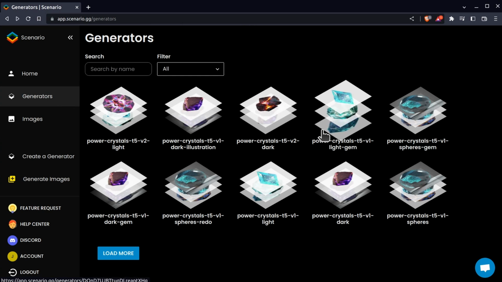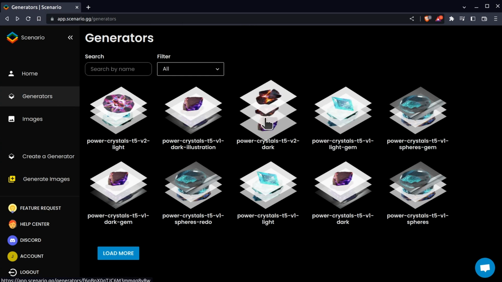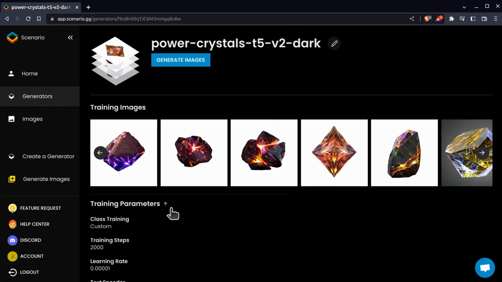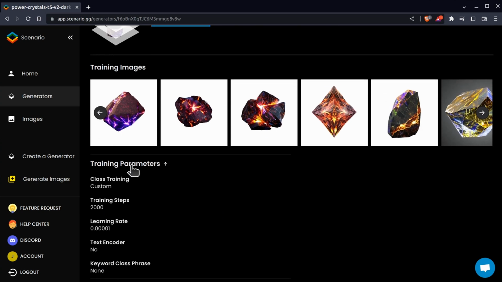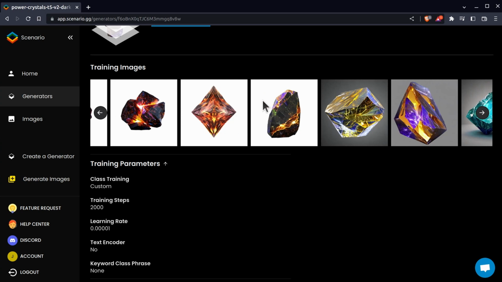After using those gem pre-training classes, I then created one with the dark crystals that used a custom training class. And for that one, I used the same training set. I actually created a new generator because there was a little bit of an issue trying to copy the previous generator and then just switch that from a preset to a custom. I'm sure that'll be fixed in the future, but at the time I was using it, it wasn't working as I needed it to. So I created this new one by uploading these images and then removing the background on